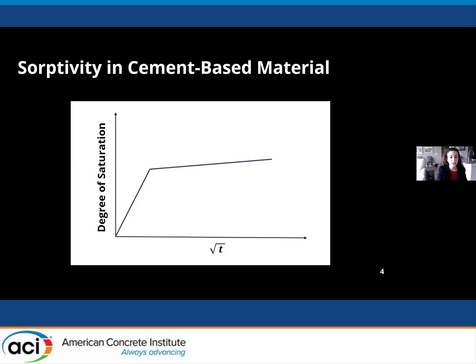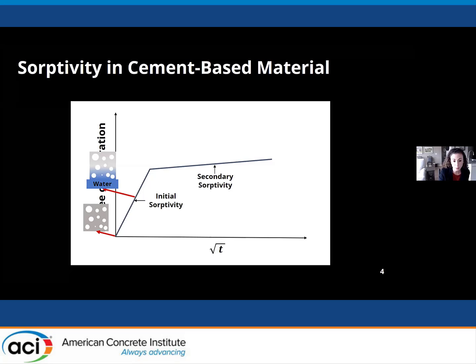Okay, so here I'm showing degree of saturation on the y-axis and the square root of time on the x-axis. So this is a sorptivity plot in the case of cement-based material, where this is going to be a bilinear plot where there's an initial sorptivity and a secondary sorptivity. And so why this happens is you have a dry piece of concrete, you put it in contact with water, initial sorptivity occurs as the capillary and gel pores, the capillary action takes over and those pores absorb